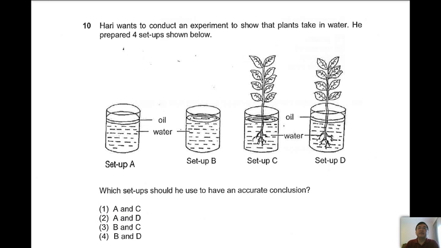Next, let's take a look. This test: Harry wants to conduct an experiment to show that a plant takes in water. He prepared 4 setups. The question is, use which 2 setups to show that the plant can take in water. Now be very careful, because this has got nothing to do with